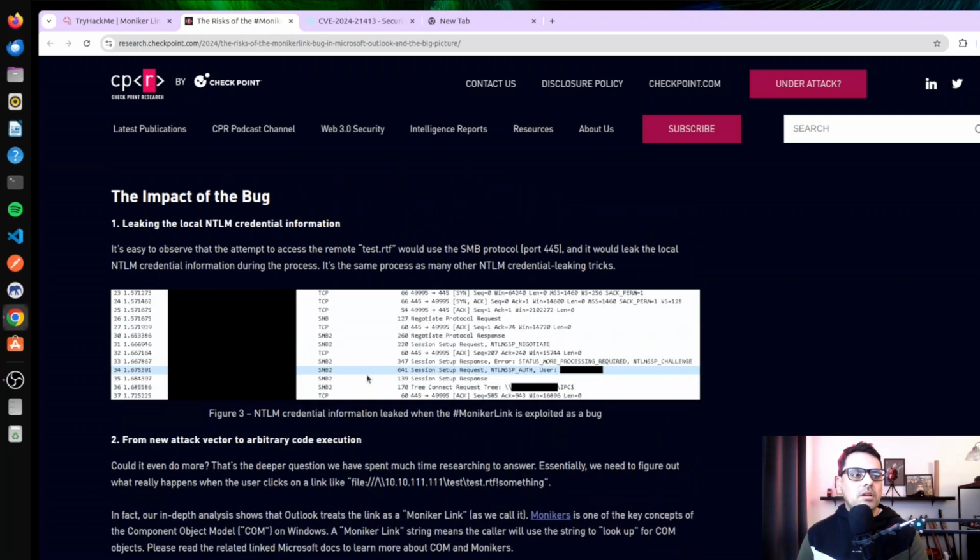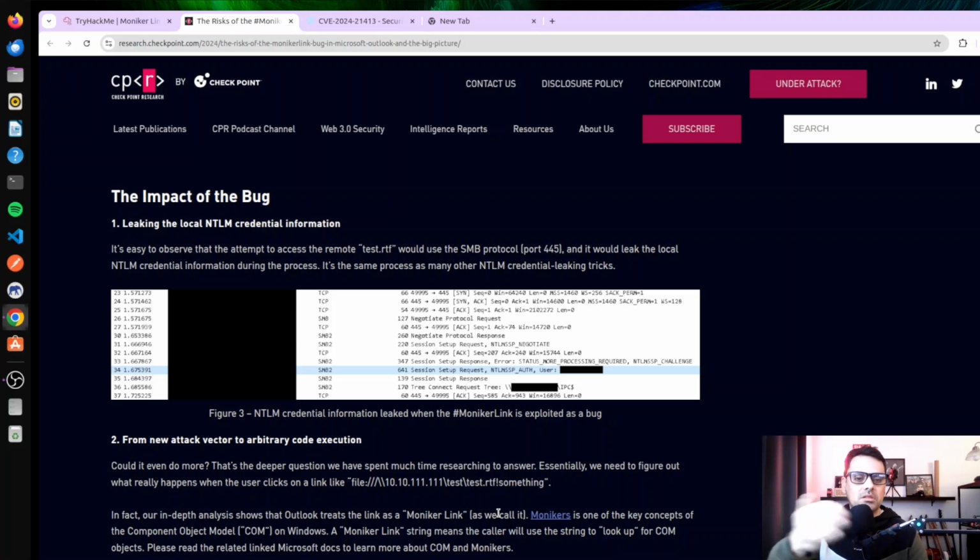And how did they come up with the name? The MonikerLink bug is basically that Windows by default will call the Component Object Model to work out what application you're trying to load from that string. This is the way I understand it. So if you did mailto, it'll open up your default client.